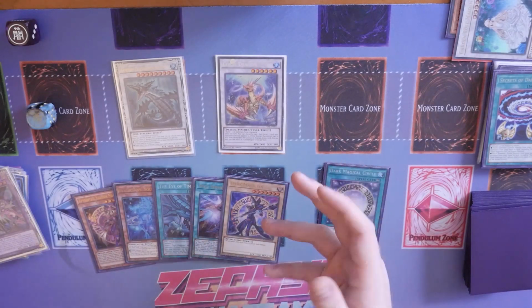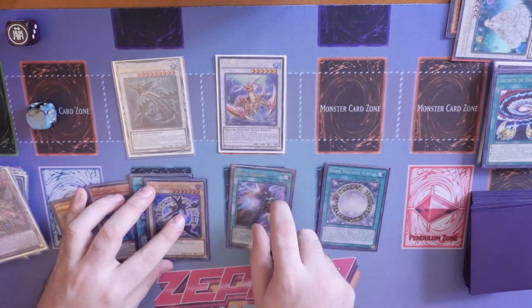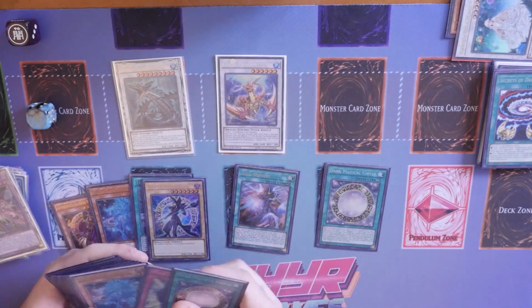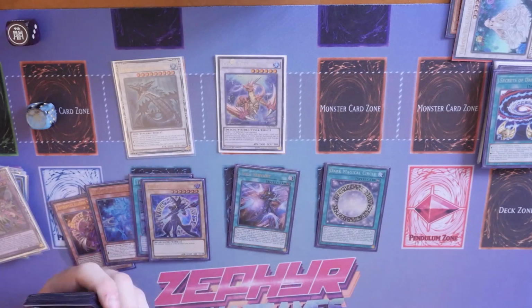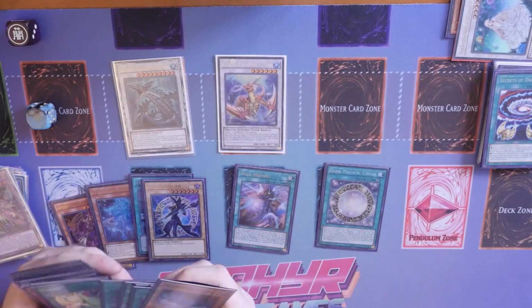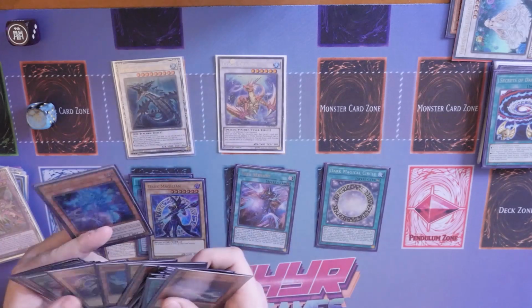So now that we've ended up with this particular board, if we go Soul Servant and we actually stack a... haven't used... yeah, we did. We used Jet Synchron on normal. If we stack a...